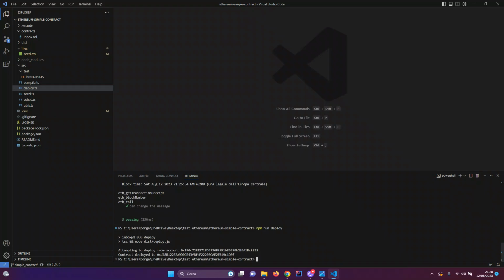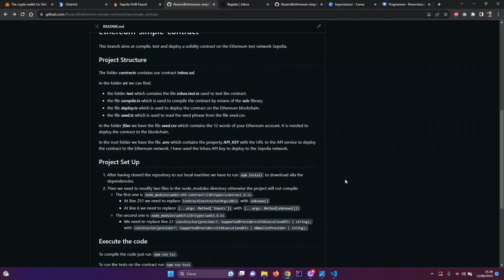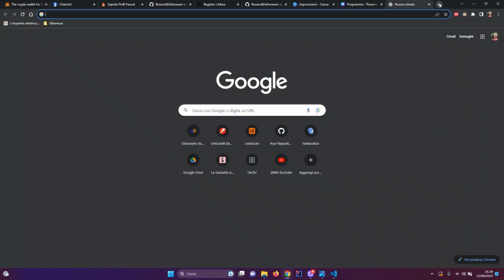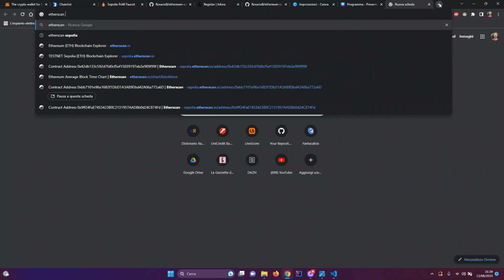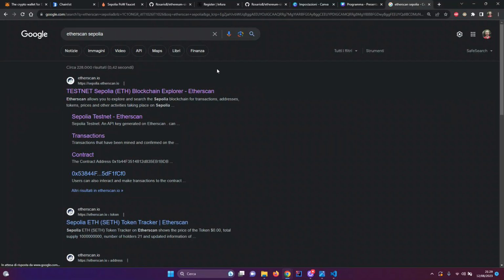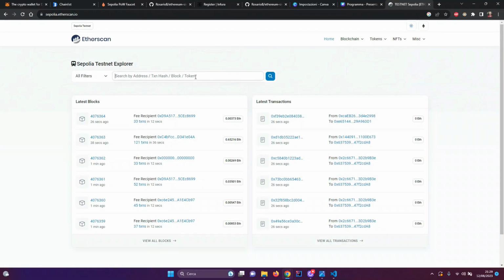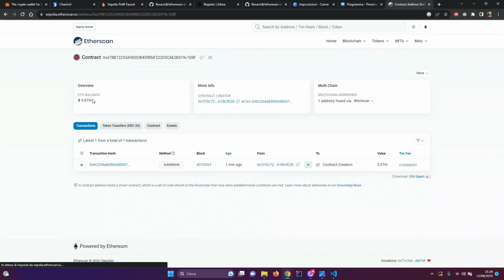So we can copy it. And now we want to verify that our contract was deployed correctly to the network. So we go to this website, which is Etherscan Sepolia. We go here and we search for our contract, which is this one. We search and we find that this transaction, so our contract, has been deployed correctly.